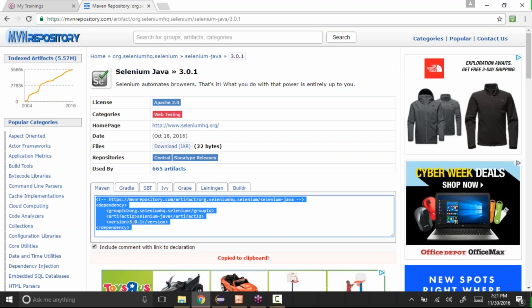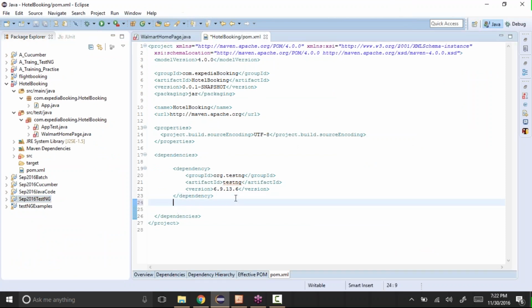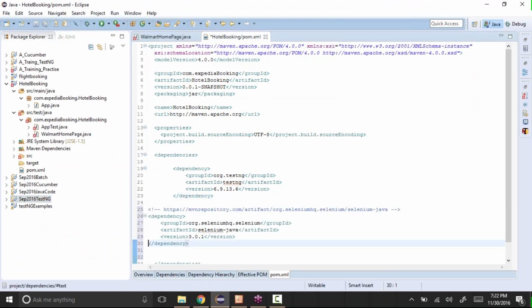Okay, I can just copy everything and paste it here. And the next one is Selenium server standalone. See, the next dependency like this.